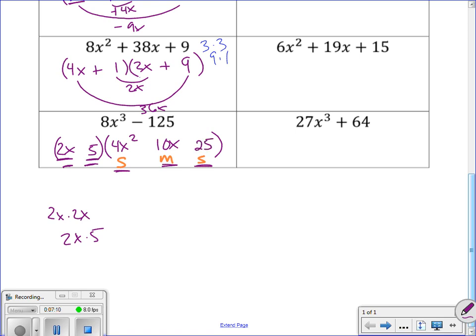All right, and then remember, as always, you have your SOAP. Your same, opposite, always positive for your signs. So I'm going to put the same sign as I had originally, like this one. I'm going to put the opposite sign next, and the last one is always positive. So there's a quick review of factoring for you